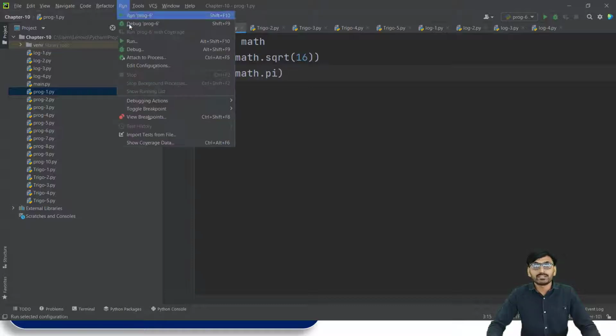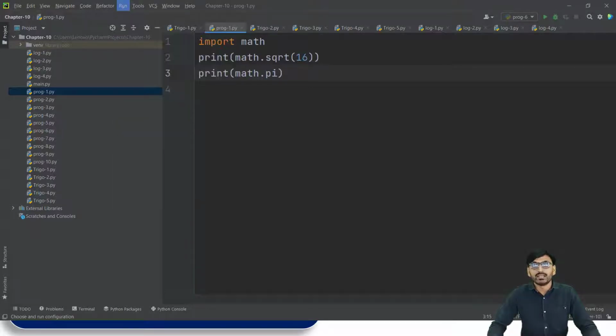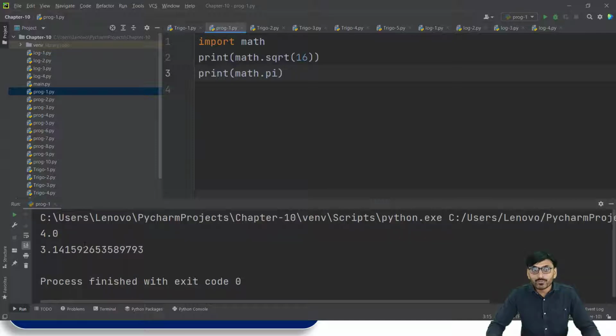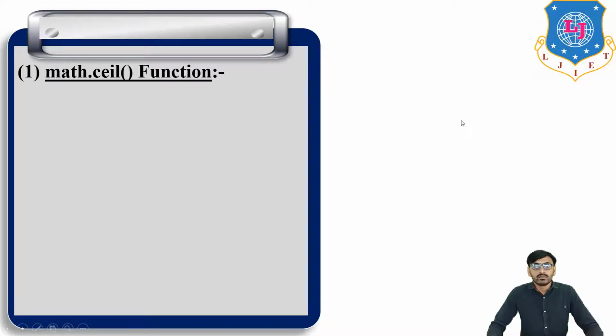If we run this program, then the output is 4.0 for the first one, and for the second one 3.141592 something.